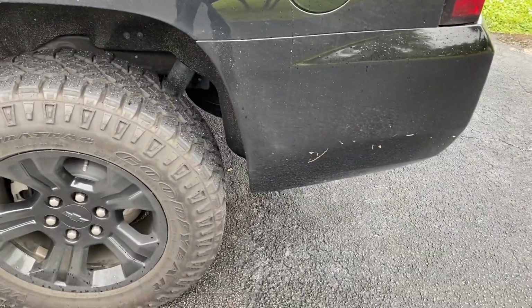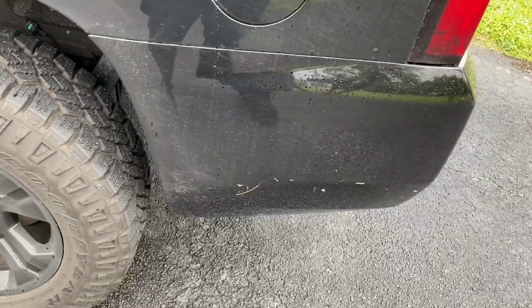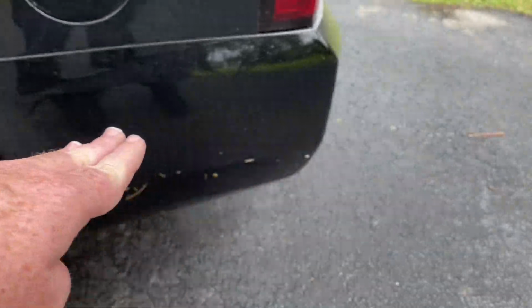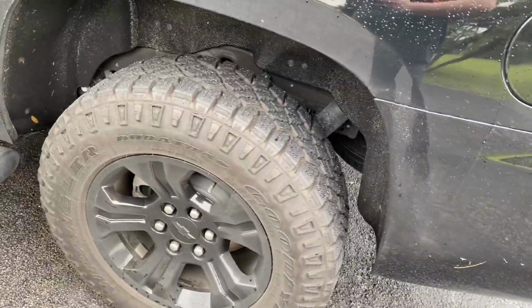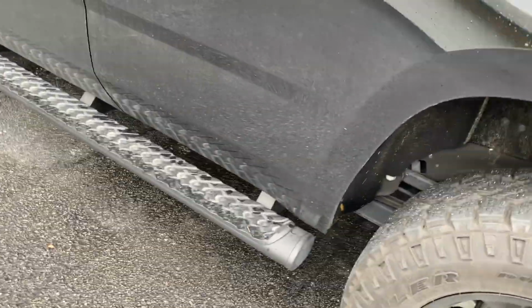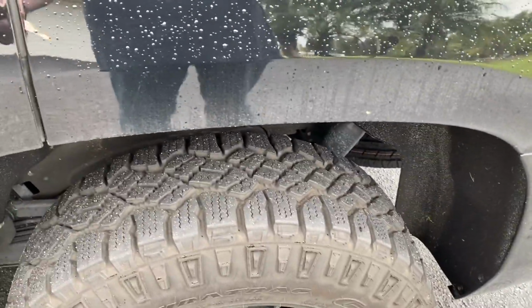Oh, good morning. That's a water line right there. That's right. This truck went through some things in Miami last night where it rained so much the water line literally got that high. No, the truck didn't get flooded, and no, it didn't reach into the cabin. But